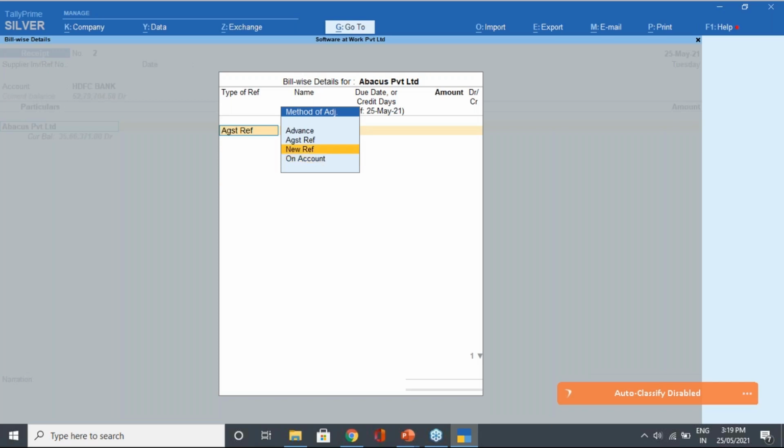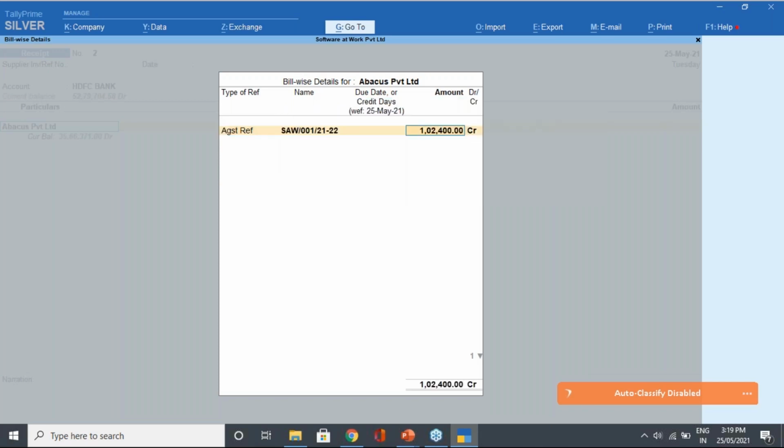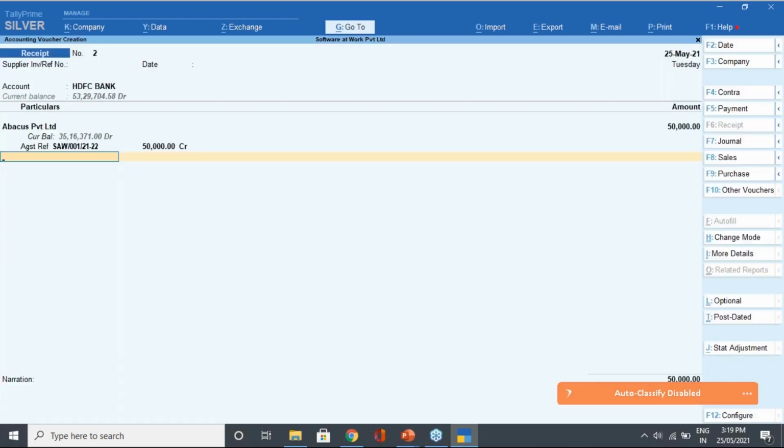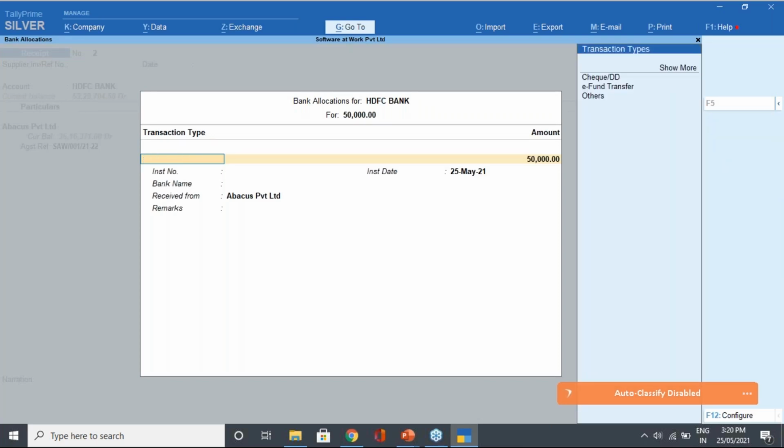Basically I'm taking it against reference. Against bill number 1 I'm taking this money. Rupees 50,000 I'm taking from him against bill number 1. So against that bill I have collected this receipt of rupees 50,000. Once I enter, this window will come. Here it is asking me the check, DD and all the details. If you give a space bar,